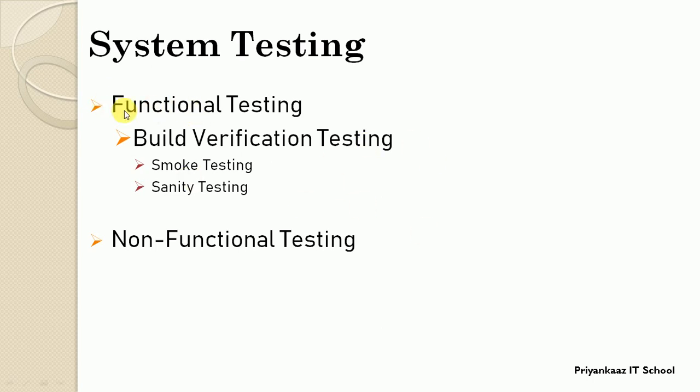Functional testing is where we test the functionality of the software application based on the functional requirements of that software. Non-functional testing is a process where we test the quality attributes of a software application based on non-functional requirements. Okay, so in today's session we are going to understand only the first important type of system testing, functional testing. What we can actually perform and test at the time of functional testing, and what is the concept of build verification test, where we have popular testing types, smoke testing and sanity testing. So now let's see.